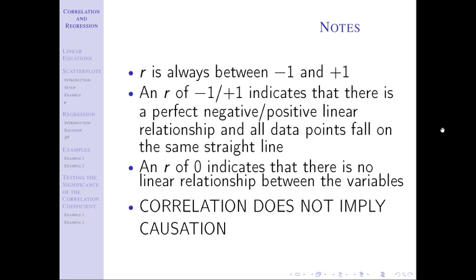When we say 2 variables are correlated, we are saying that as one goes up, the other goes either up or down, depending on if it's positive or negative. What we are not saying is that we can conclude one caused the other one. The only way to determine causation from a statistical standpoint is by doing controlled experiments. We talked about experiments way back in chapter 1. That's where we have a control group. We apply some treatment to one group. We have a very similar looking group for the other side and don't apply the treatment to that group. And then we see are there any differences between the two groups. That's the way to determine causation. It is not a correlation analysis, because 2 things are correlated. Maybe one caused the other, maybe not.